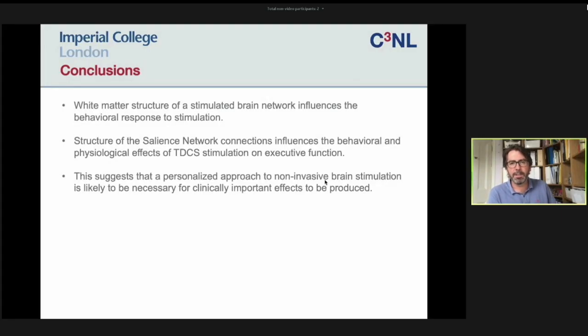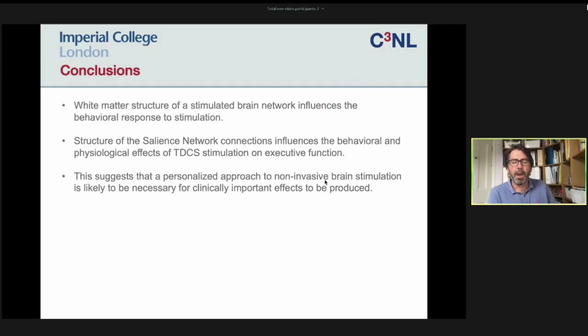network influences the behavioral response to that stimulation. And we've seen that in the context of the Salience network, and how connectivity of the Salience network, particularly the frontal aslant tract, influences the behavioral and physiological effects of TDCS stimulation on executive function. And we see that both in the context of healthy subjects and also patients with cognitive impairments after traumatic brain